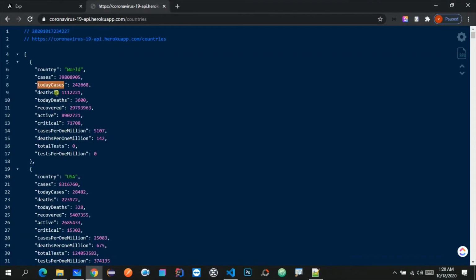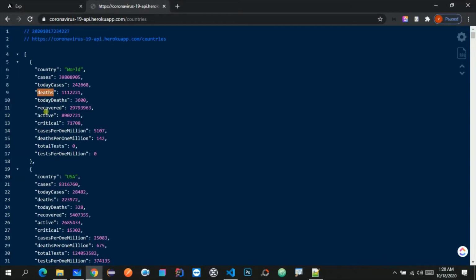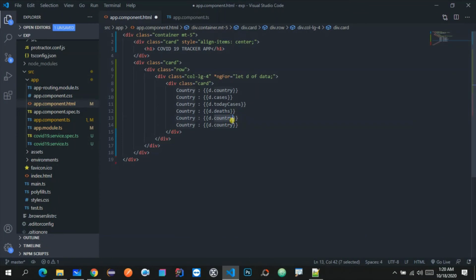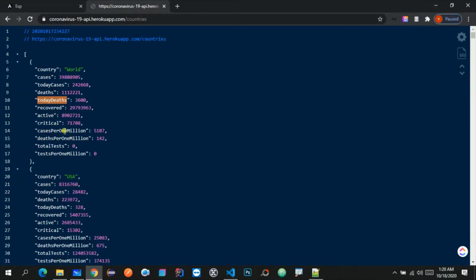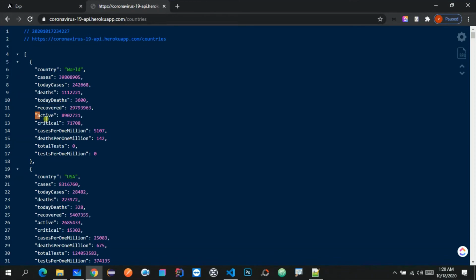Let me copy these dates, and today's dates, and paste them over here, and let me copy recovered and paste it over here again. In a similar way we just need to do it for all these values.